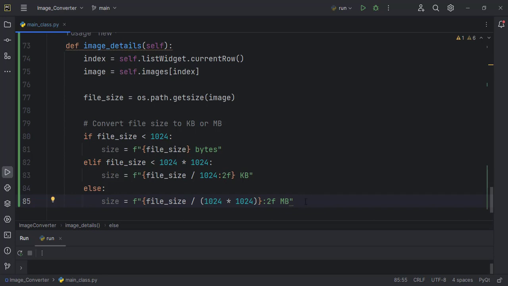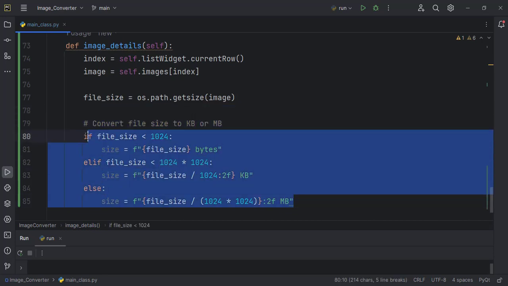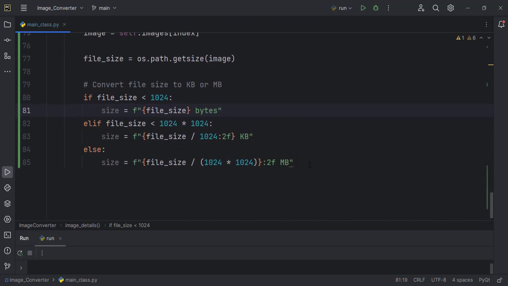So this will also give us the file size and apply the conversions between the file sizes, that is kilobytes